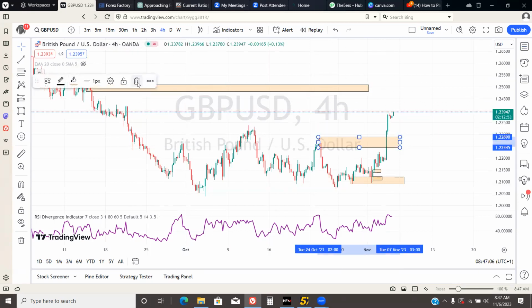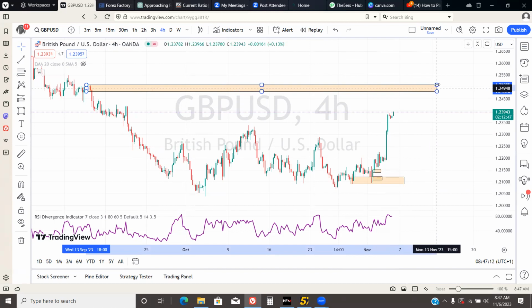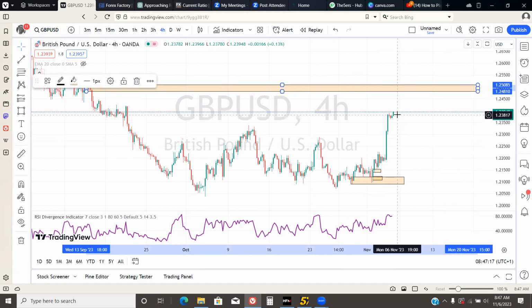And what is that express lane? It is this price that the market will definitely come to, 1.2500. And as you can see, they are already on the express lane. The market is already moving on the express lane. They will get to that 1.2500. But how they will get there, I don't know. But use what you have learned to look for your entry strategy so that you can get to the promised